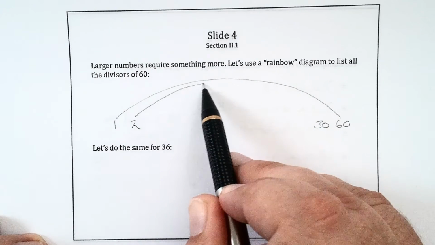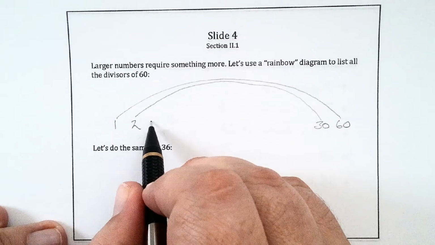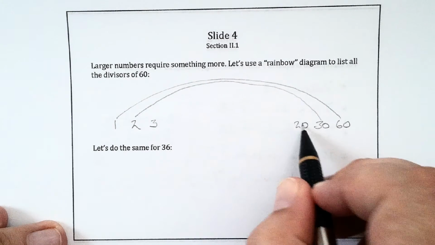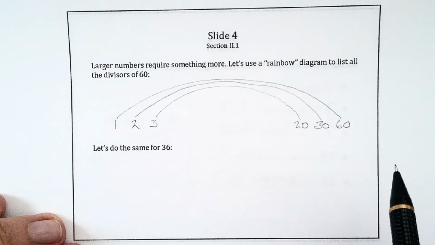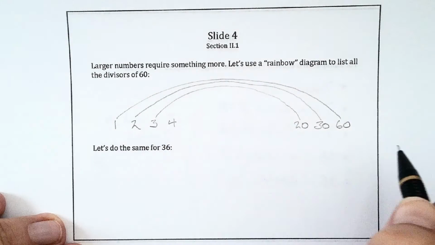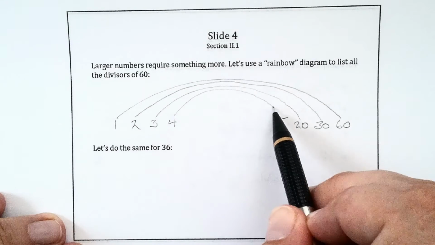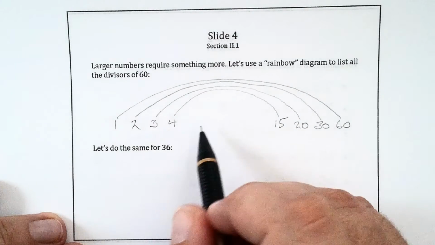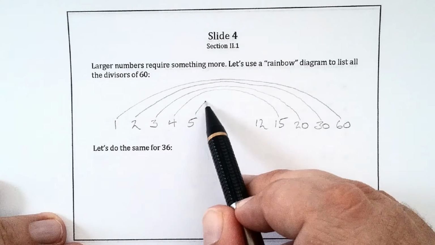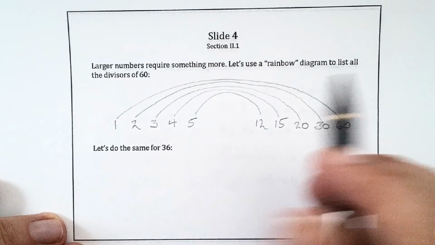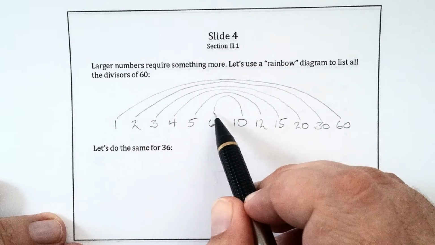Trying to leave myself plenty of space here. And 3 is a factor. There's 3 times 20. A 4 is a factor. 4 times 15. A 5 is a factor. 5 times 12. 6 is a factor. 6 times 10. Now,